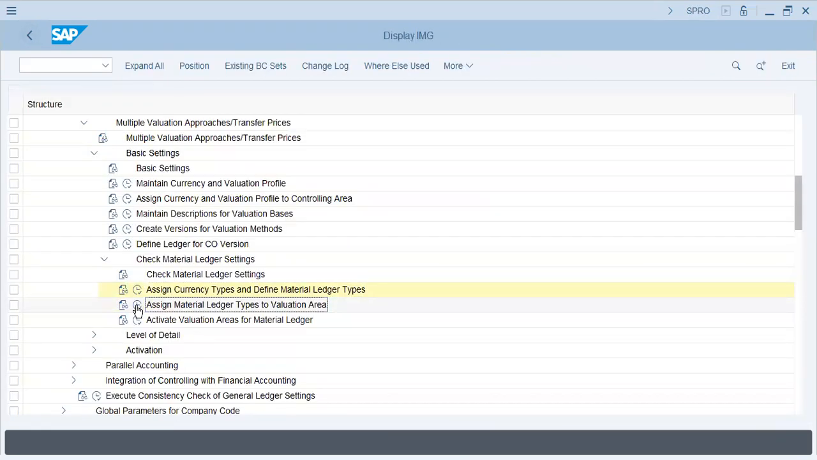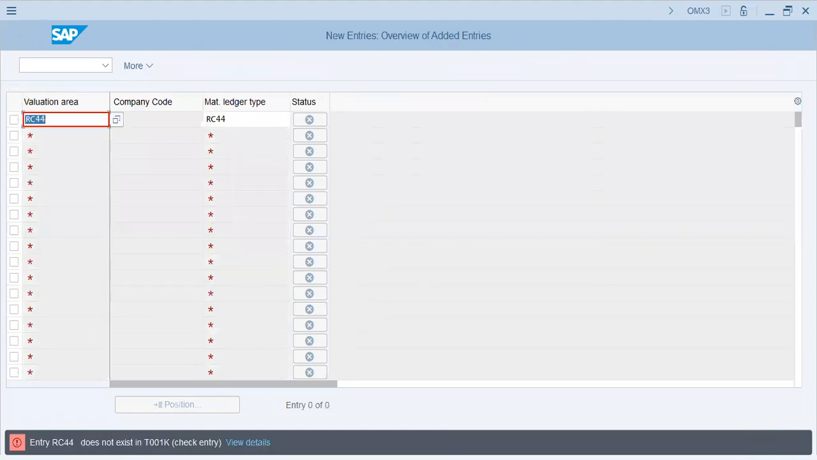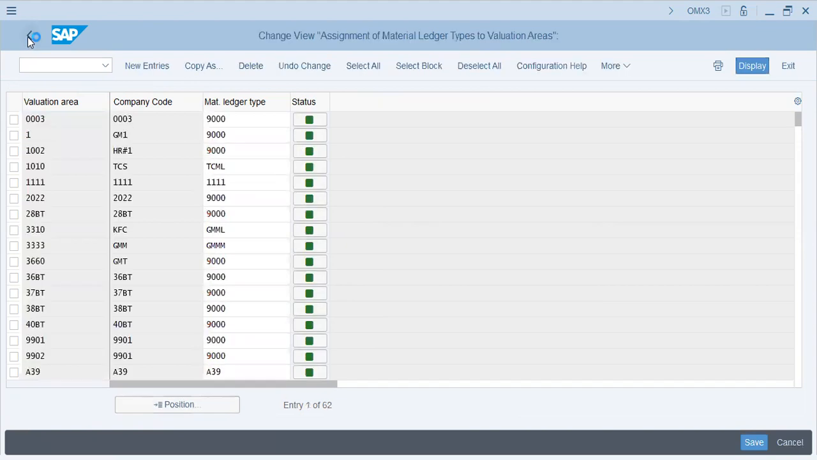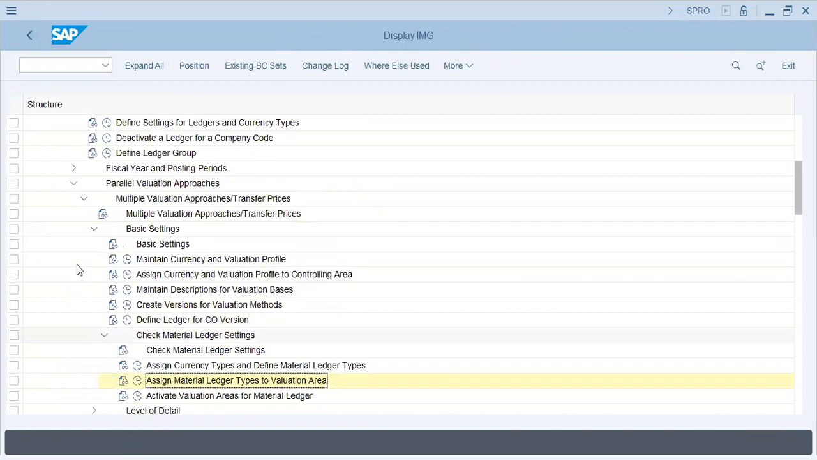Assign material ledger types to valuation area. What is valuation area? The plant. Okay. Now, new entries, valuation area RC44, material ledger type RC44. Does not exist. Okay, valuation area does not exist. We'll create one. How do we create that? Let's see that. Okay, we created